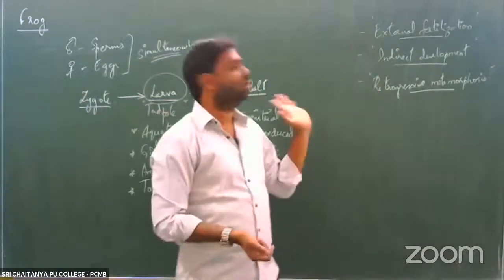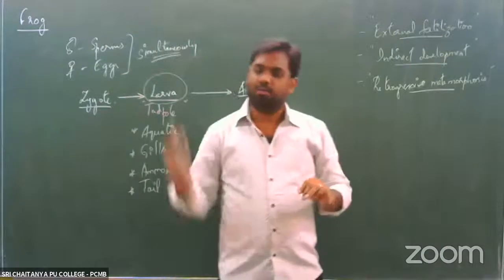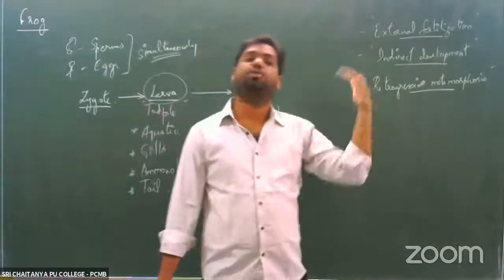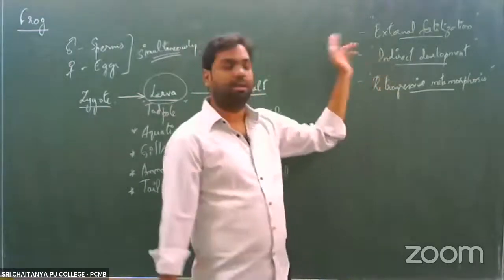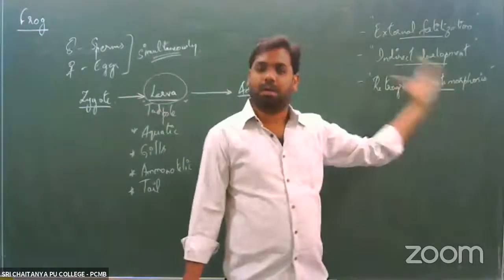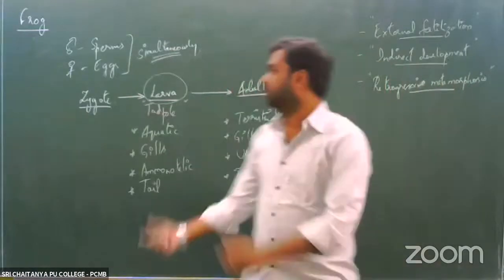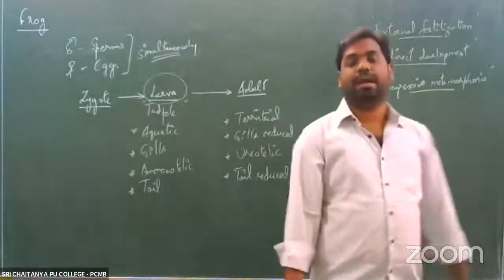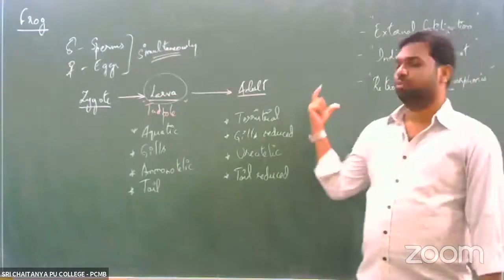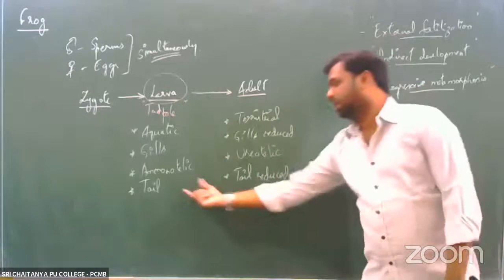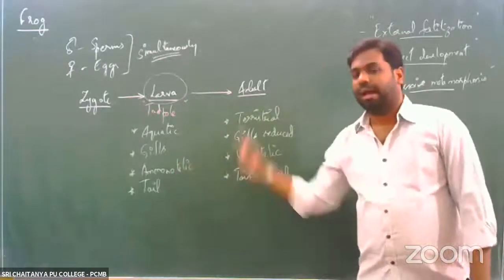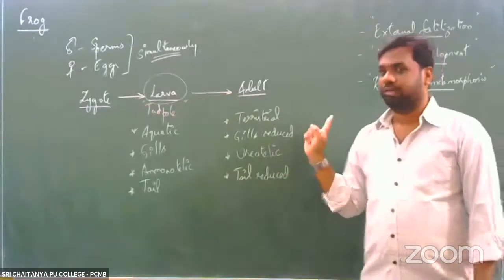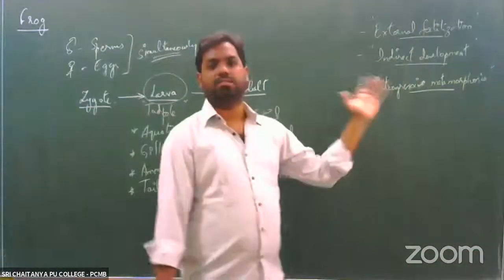So these three things you need to remember whenever we talk about the frog part, right? The process of fertilization is said to be external fertilization because it takes place outside the body of the organism. Second, development is said to be indirect development because there is a larval stage involved in the process of development. And third, the type of metamorphosis is said to be retrogressive metamorphosis, which is usually seen in these organisms, especially with regards to the tail. Highly advanced character in the larval stage, less advanced character in the adult organism, right? So this is what we have in the organism called frog, right?